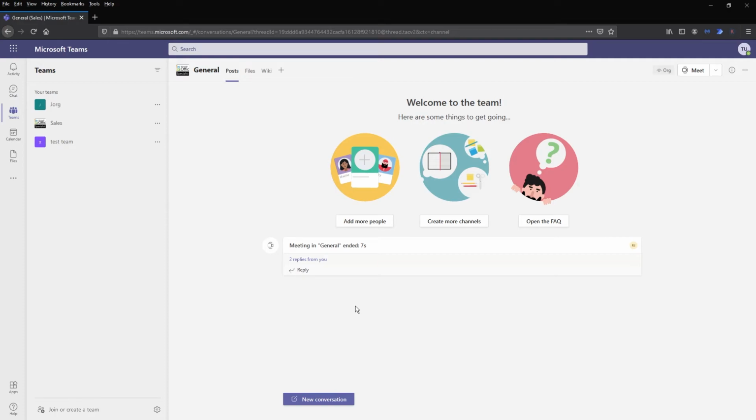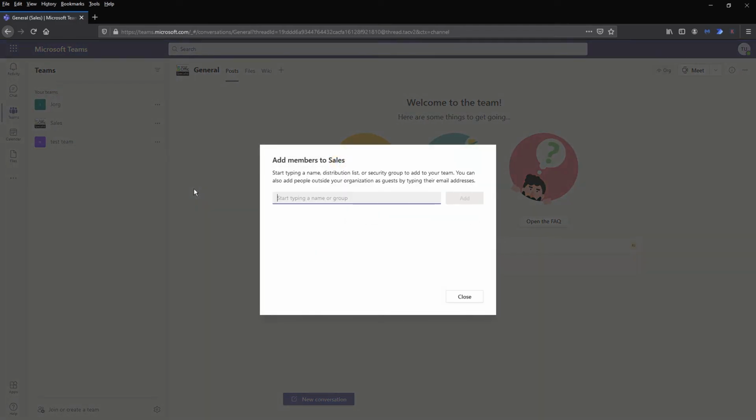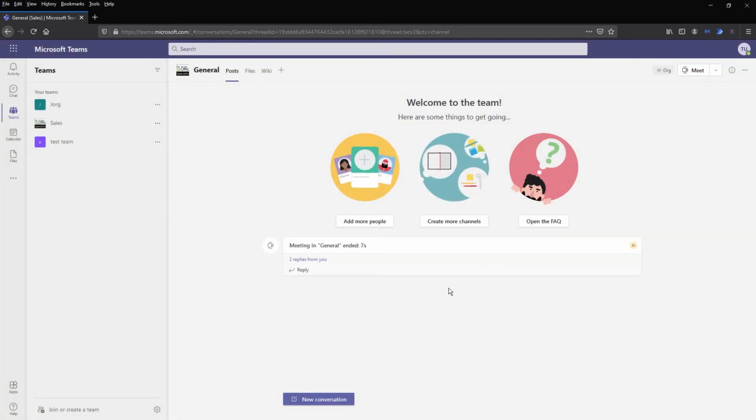It's a few hours later and I'm back in my Teams account to add a guest to my Microsoft Teams. I go to the ellipsis, Add Member. I get a pop-up. I enter the full email address of the guest that I want to invite to my Teams channel. I get the option to select and add the guest. After I click that, an invitation will be sent out to that email address, inviting them to be a member of my team. So done. And that's how you enable guest access in Microsoft Teams.